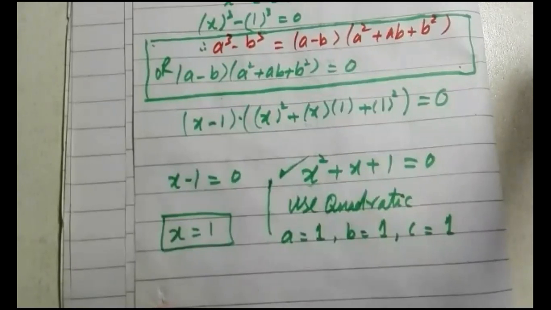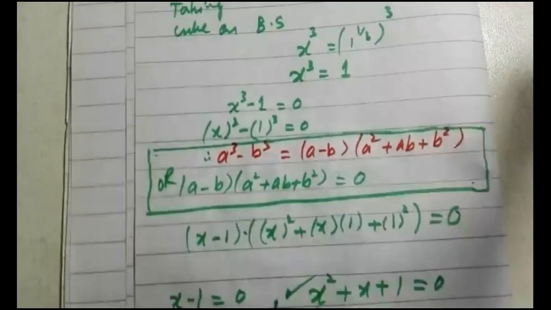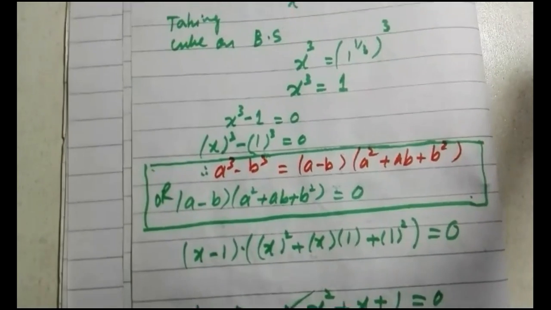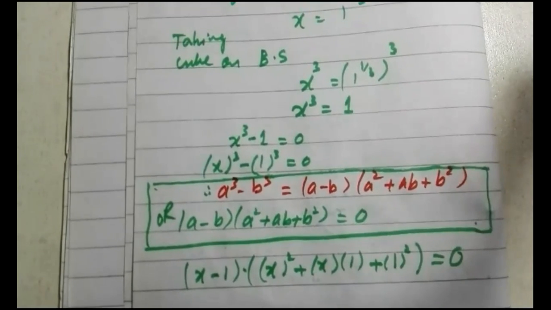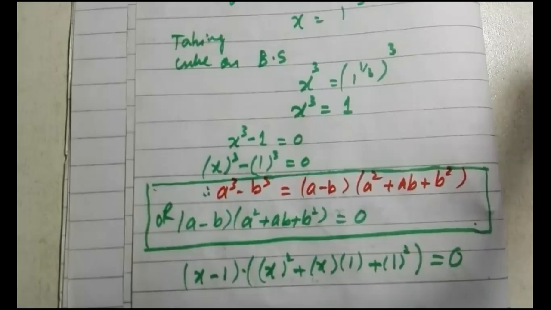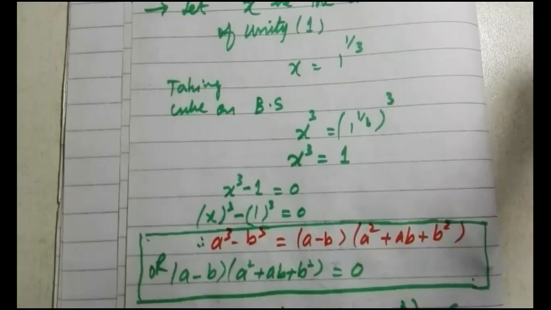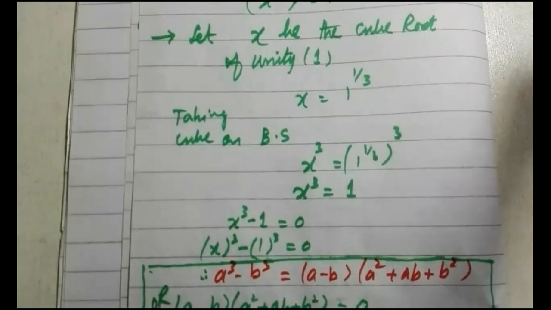Yes, I want to recall it from the beginning so that I can continue from there. The point which I wanted to explain is that we need to find the cube root of unity. So we will start like this: we will assume, just for a moment, my camera is tracking, just let me write it. I'm recalling it from the beginning and then I will proceed. Okay, we need to find the cube root of unity. Normally the question that appears in your board exam is like this one: find the cube root of unity. That's it. It will be a simple statement.